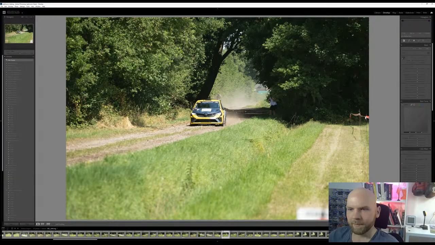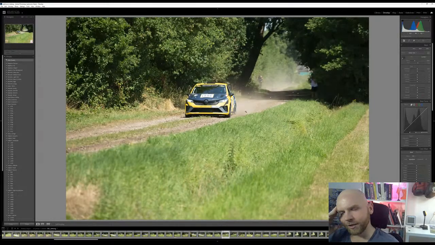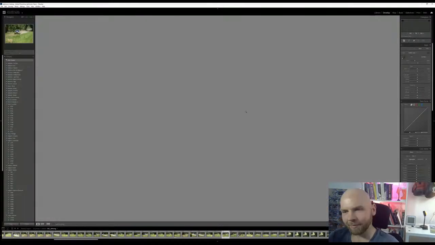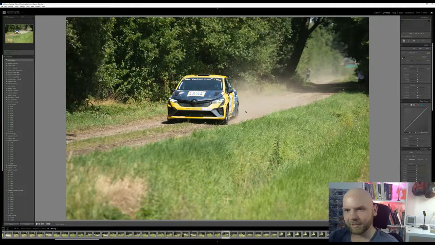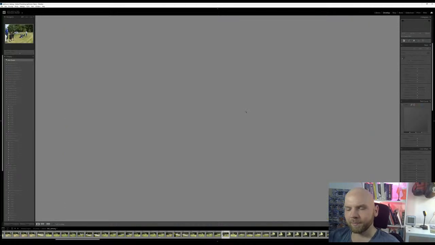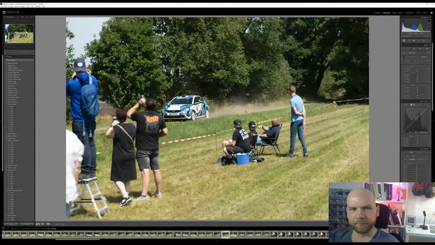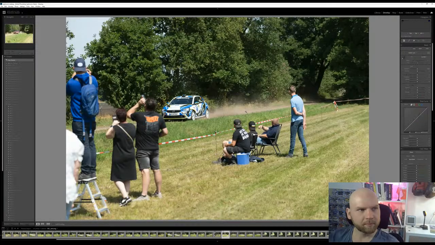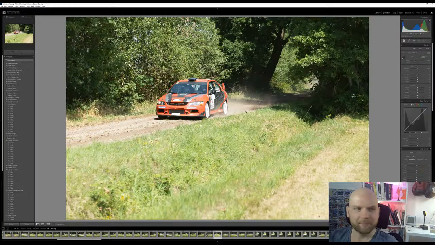Another Clio. Clio Rally Cup. A lot of Clios from the same, let's say, rental company from Germany. I shouldn't be stressing out because nobody is watching, but